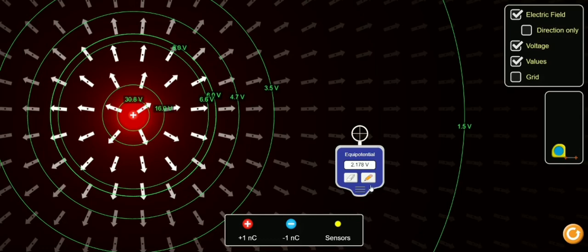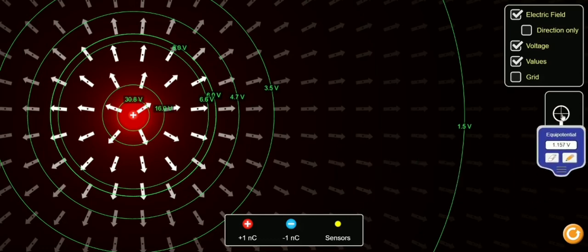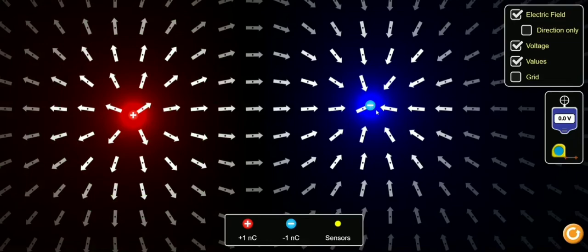Okay, fine. Next we see, let us bring one more charge here. What happens, you see, that's a beauty. It's like a dipole, right? All the electric field lines are leaving away from the positive charge, and all the lines are coming towards the negative charge. We know that for a negative charge, electric field lines come inside. For a positive charge, they will leave outside.